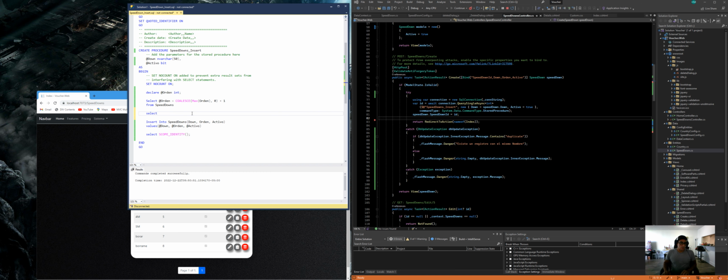Pero si yo comienzo al contrario y le digo from speed order, no, tendré que refrescar aquí, bueno, la idea es que si yo le digo speed order, speed down, aquí, cuando